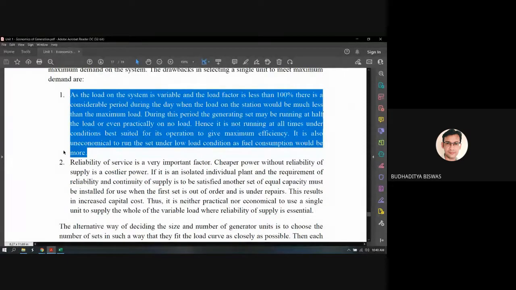So that means most of the time we need to generate the base load, and a few times we need to generate the maximum load to meet the maximum load demand. And this time duration is very small when you need to generate the maximum. So if we installed a 110 megawatt alternator, for example, and the maximum load demand is 100 megawatt, but this 100 megawatt persists for a very small time, say 2 to 3 hours only.